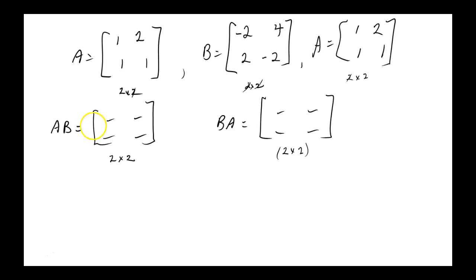So what's the 1, 1 entry of that product? Two. 1, 2 entry: 0. 2, 1 entry: 0. 2, 2 entry: